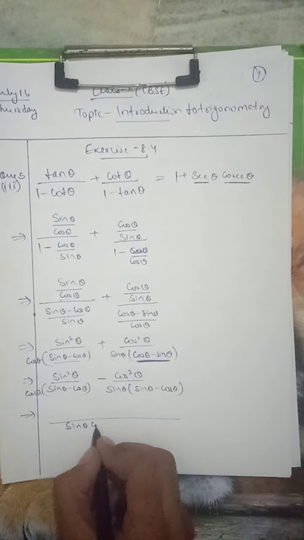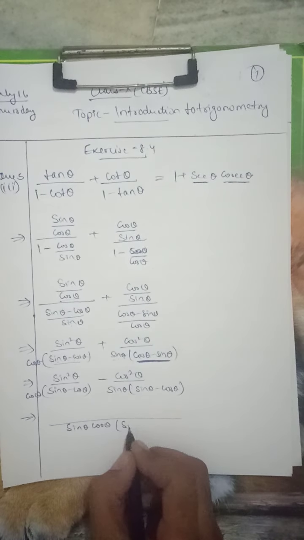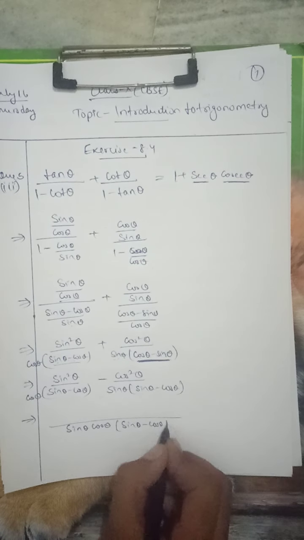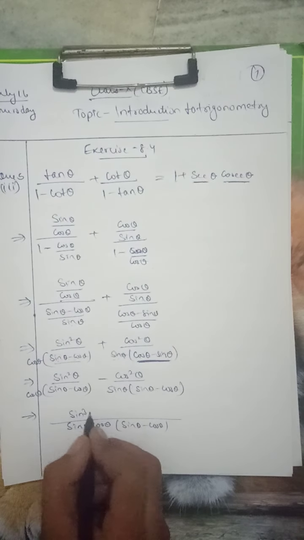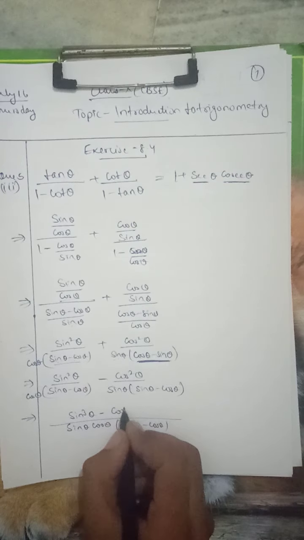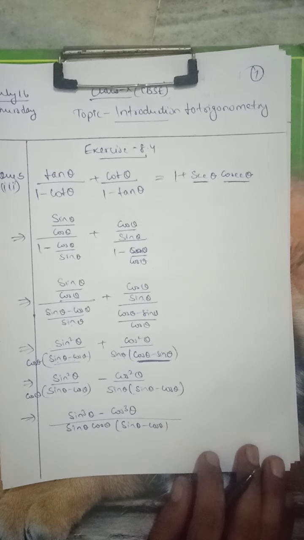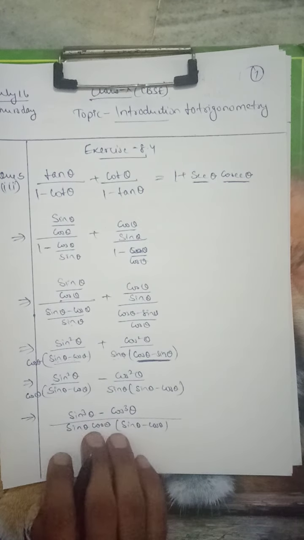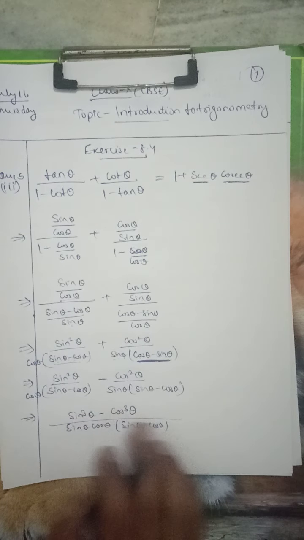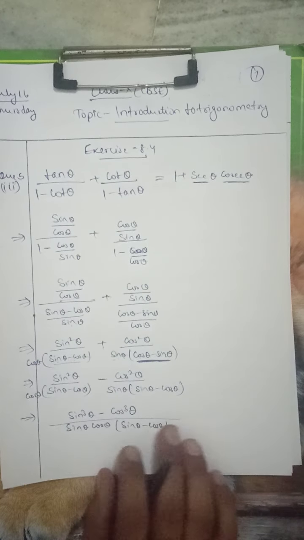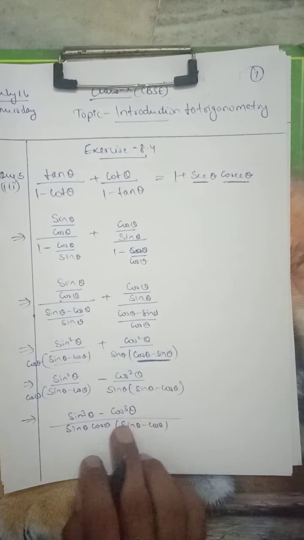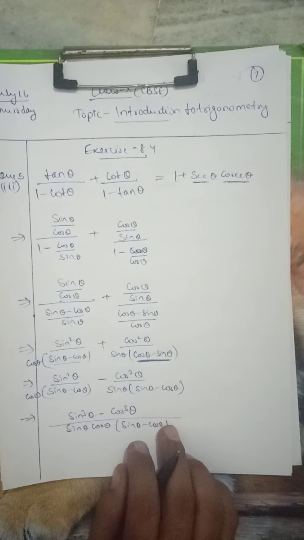Sine theta cos theta, sine theta minus cos theta, and in the numerator, sine cube theta minus cos cube theta. Now in the next step you have to open the formula for a cube minus b cube. What will happen? You will get sine theta minus cos theta, they will be cancelled, and you will be left with